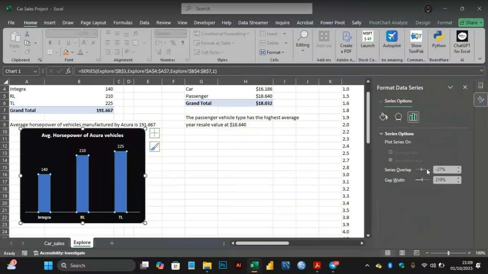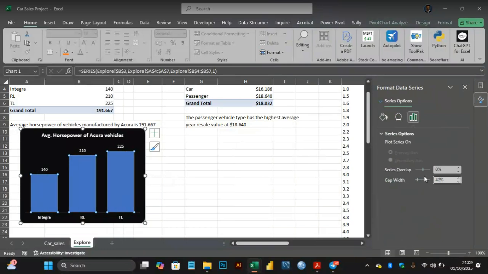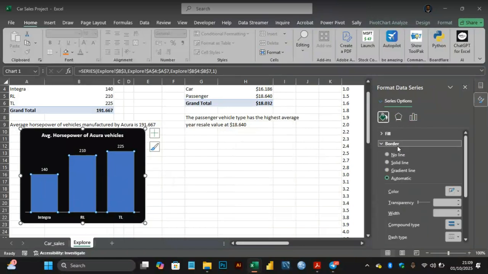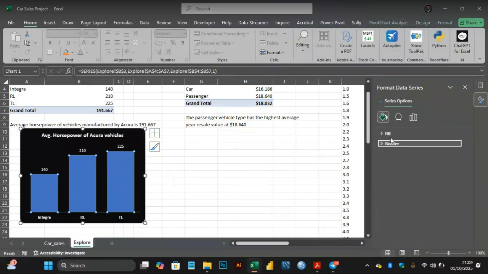Then under the series overlap, we're leaving it at 0. Then for gap width, I love working with 42%. And I have this. Now at least the space between the three columns we have is not as big as it was before, right? So after that, you come back to the fill bucket to fill the